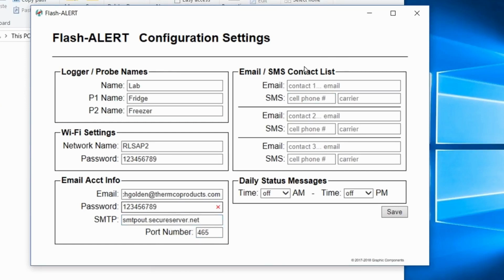Next, our contact list. This is the list of recipients to receive the emails and text messages. You can just send them an email, you can just send them a text message, or you can send them both. Any combination that you want. So I'm going to send myself